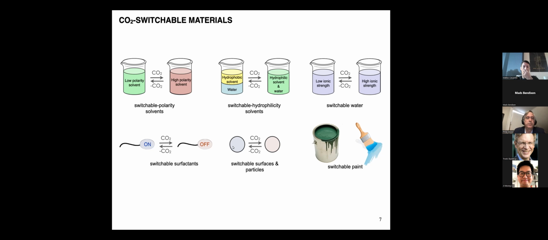Switchable surfaces and particles. We've had flat surfaces like aluminum or steel sheets that can change their hydrophilicity or hydrophobicity. We've got particles that can change, like chromatographic columns. The packing will change its properties as the run proceeds because we're introducing CO2. Switchable paint, lots of examples there. And in each case, the advantage is that the properties of the polymer are changing when the paint is applied to the surface. So the polymer might be water soluble in the paint can, but once it gets applied to the new airplane or whatever you're making, it changes to water insoluble, and that makes it a water resistant coating.